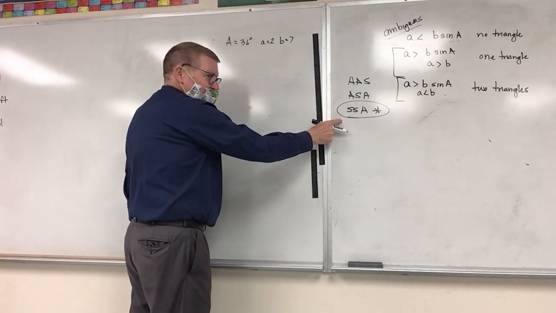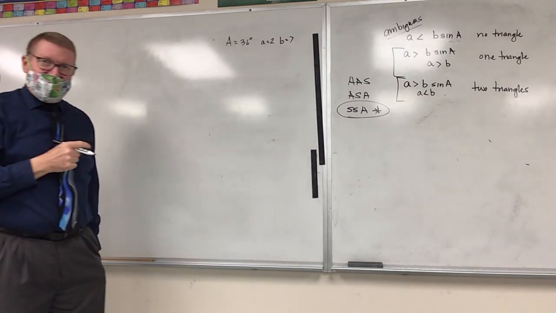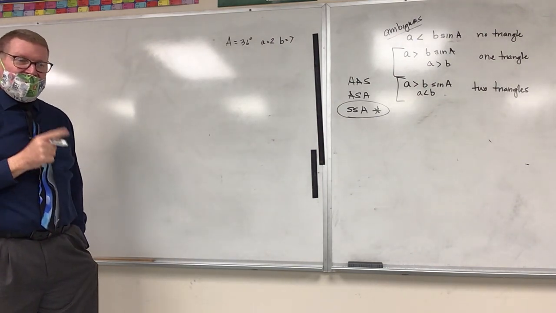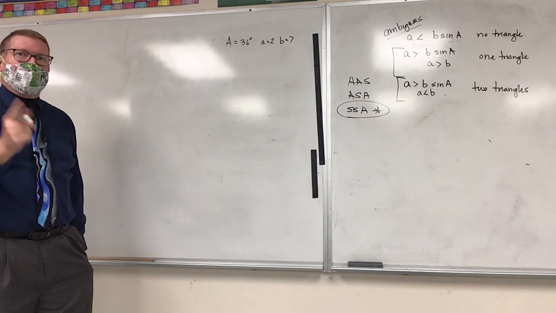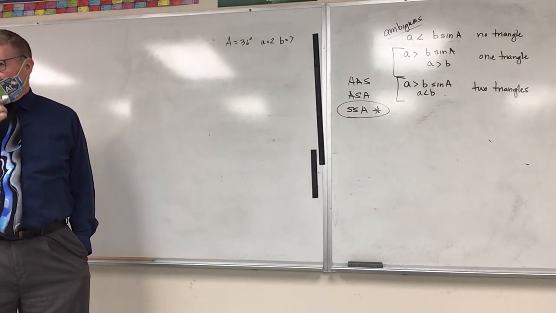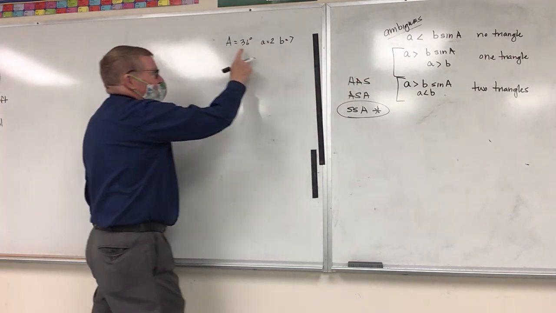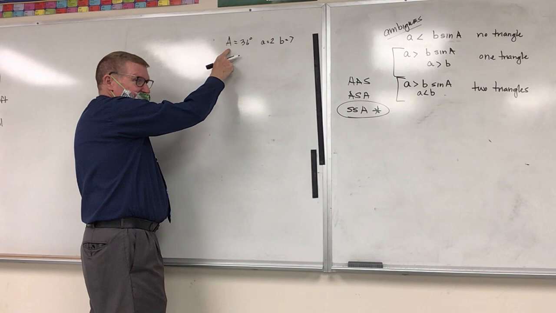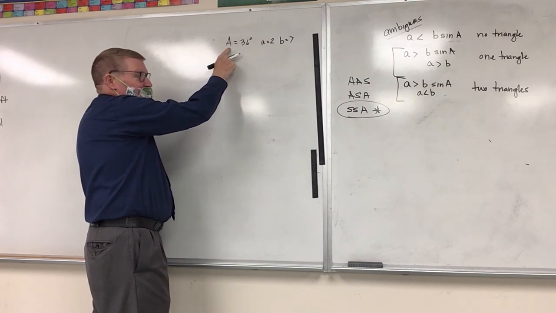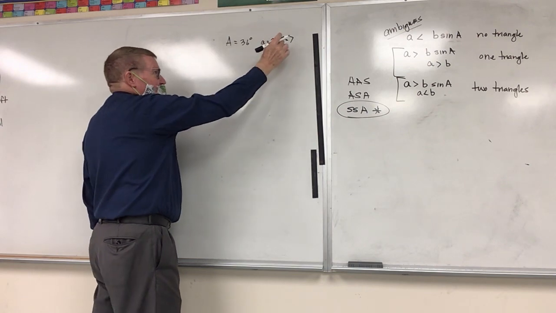Here's our special case. So we need to check to find out, do I have a triangle? Or do I have 2 triangles? Or do I have no triangle? Because I don't want to have to do all the work if I don't have a triangle, because it won't work. So my key is, I'm not using the side opposite this angle, which is 2, so I'm not using that. So I'm going to take 7